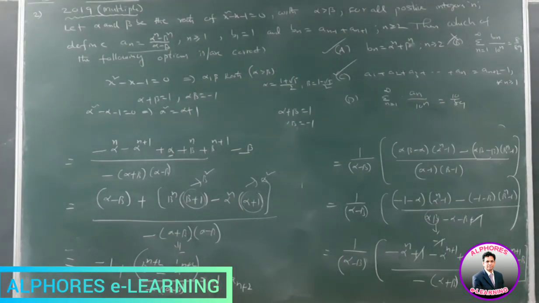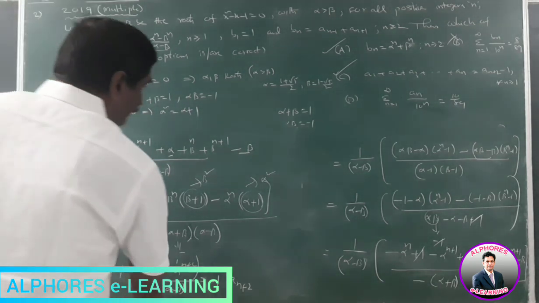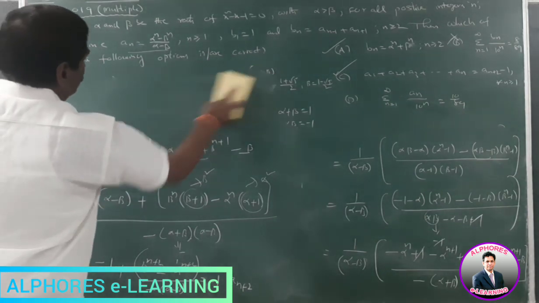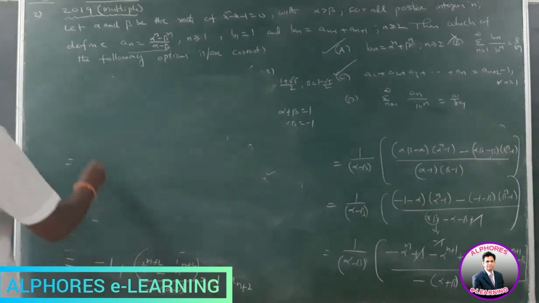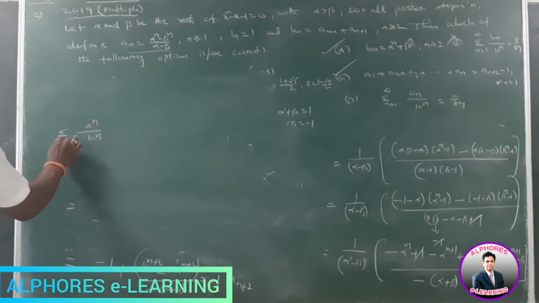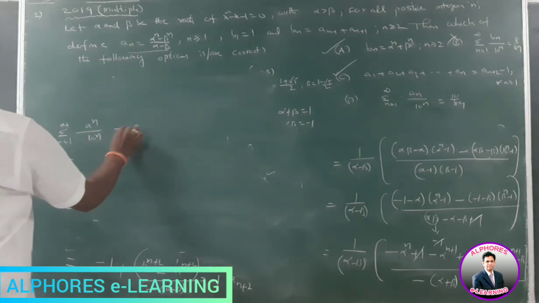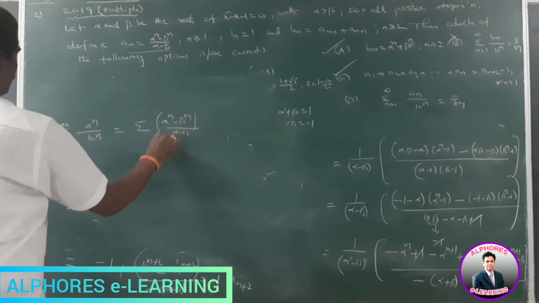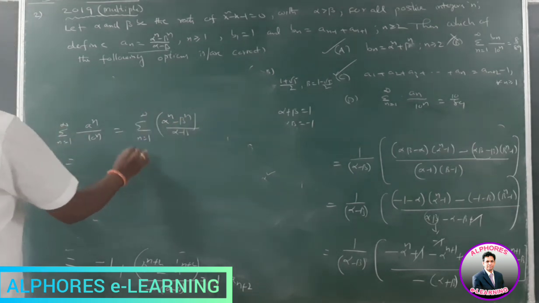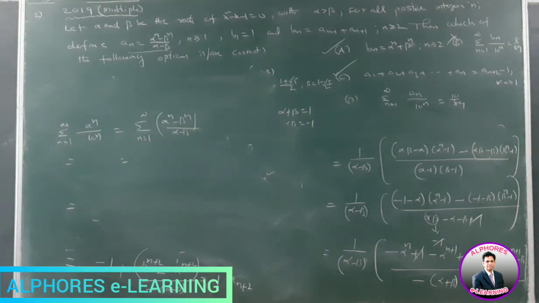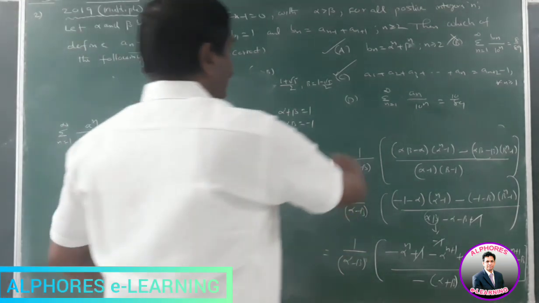Minus 1 plus a suffix n plus 2. C is also correct. Similarly, the D option, a n by 10 power n, sigma of n is equal to 1 to infinity. But a n is equal to alpha power n minus beta power n by alpha minus beta, n is equal to 1 to infinity. Here also we split into two parts, the sum of the infinite series. Apply S infinity is equal to a by 1 minus r. It is also true. Please check this value.